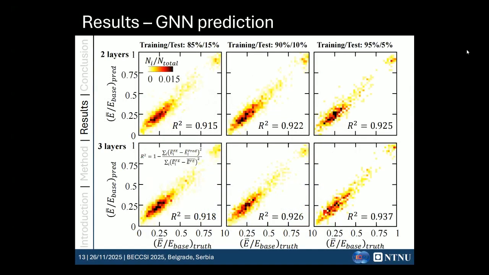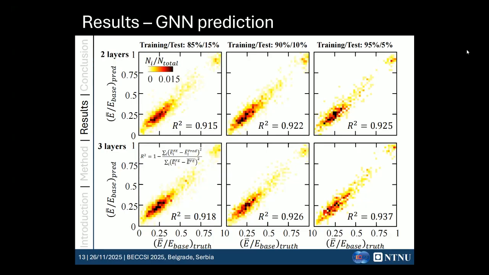Then finally, let's look at the graph neural network predictions. Here, we choose 2 layers and also 3 layers, that means 2 message passing layers and 3 message passing layers. And we also look at different training-test ratios, starting from 85 to 15, 90 to 10, and 95 to 5. Overall, we can conclude that